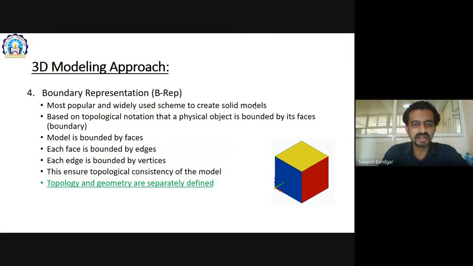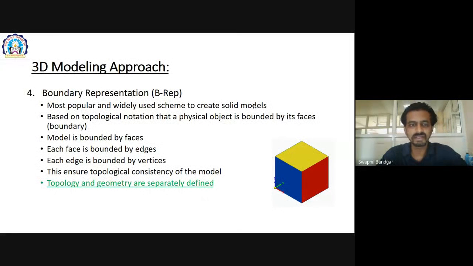Each face is bounded by its edges, meaning any surface has to have an edge. Okay, and the edge is bounded by the vertices. So this is its structure: the model is bounded by the faces, whatever is inside is the model.